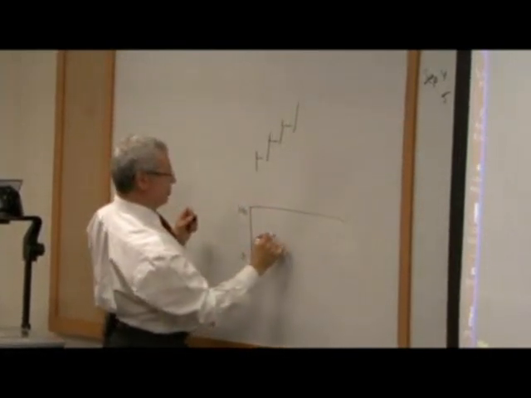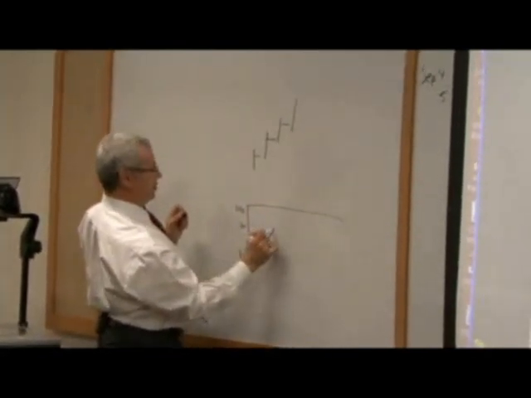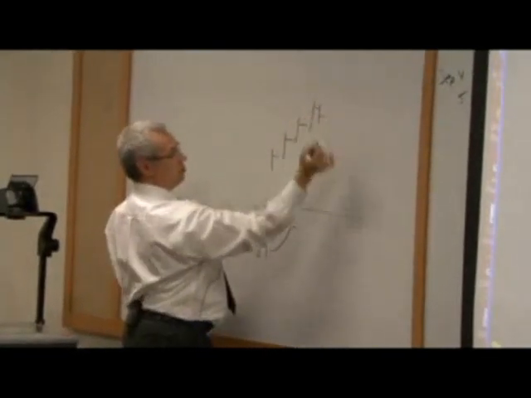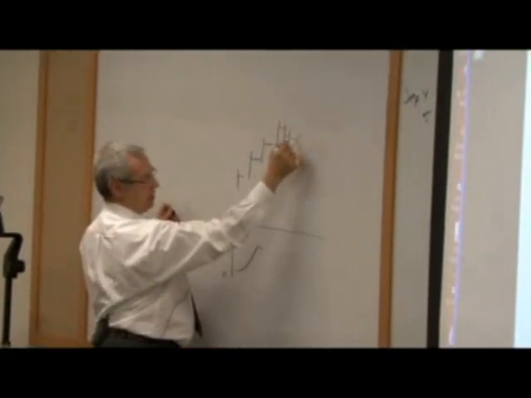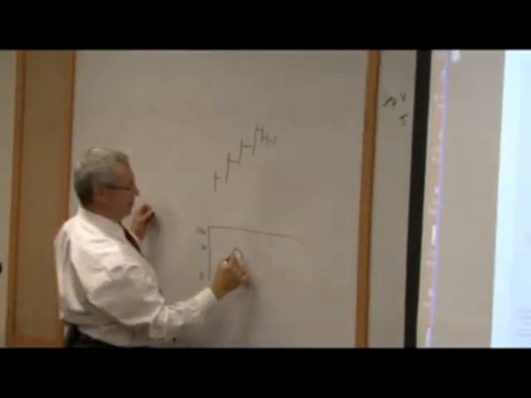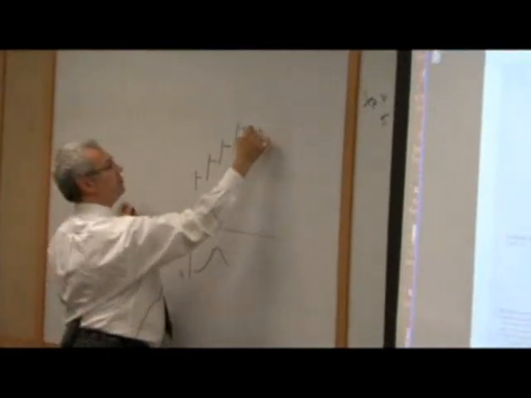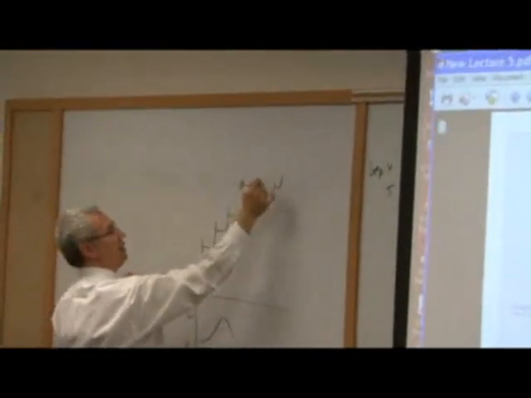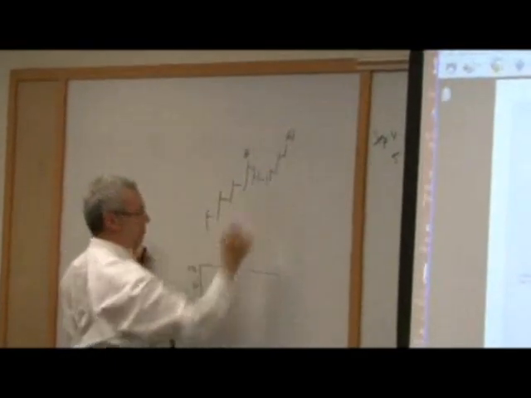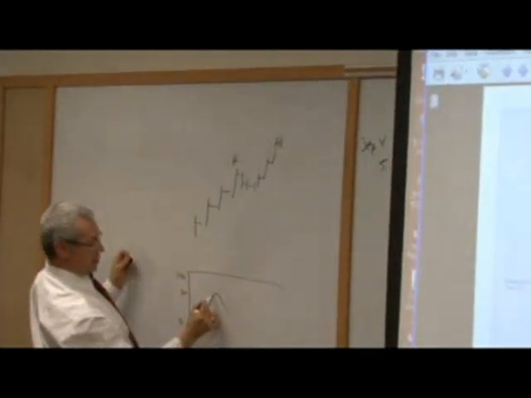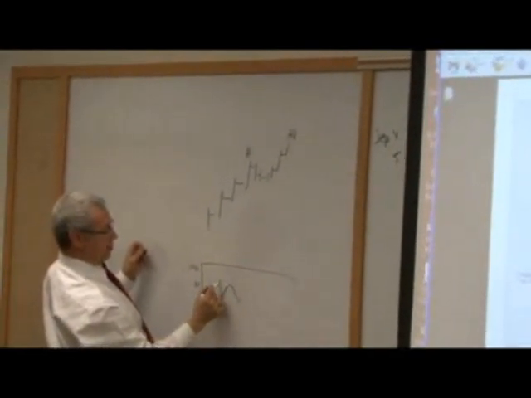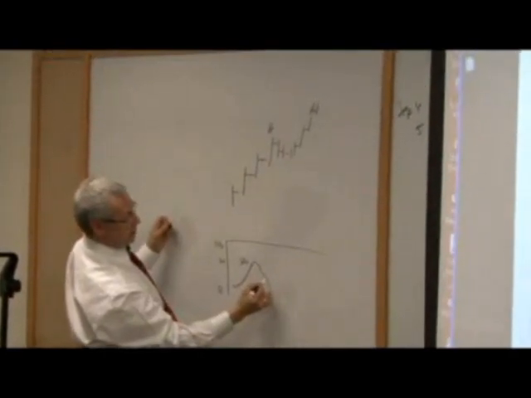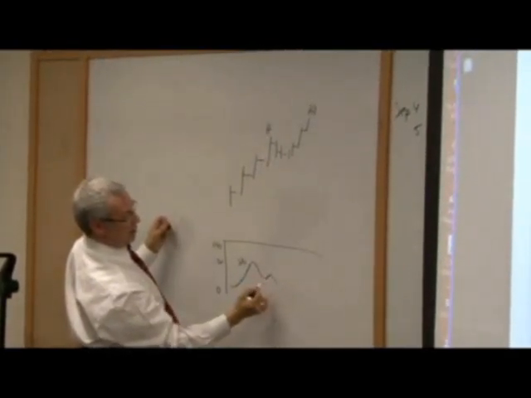And our number gets up here above 70. Okay? And we can unwind this overbought situation by going sideways. We don't even have to come down. Okay? But if we go up and make a new high, so we have a high and a higher high. But what we want to see is a rally above 70, a move above 70 in our indicator, RSI in this case, and then a lower high.